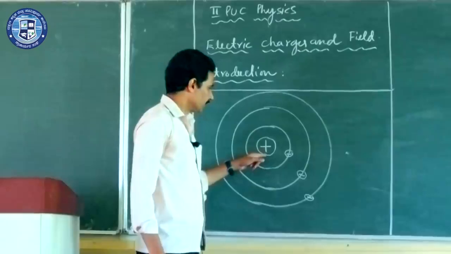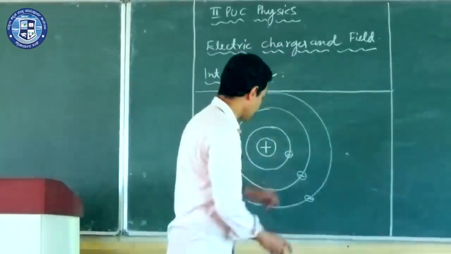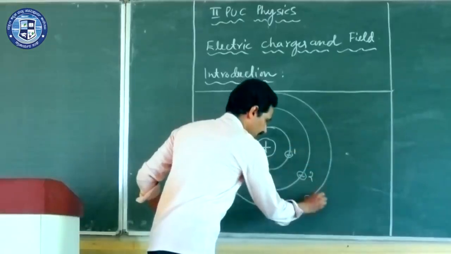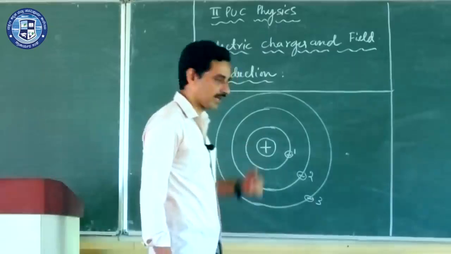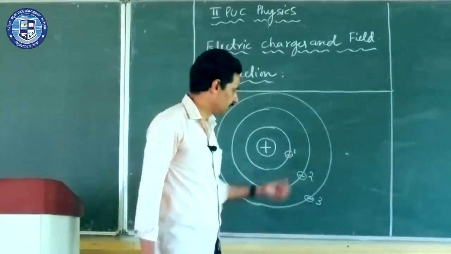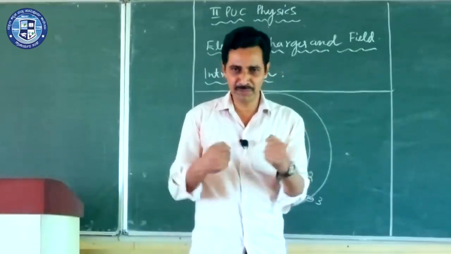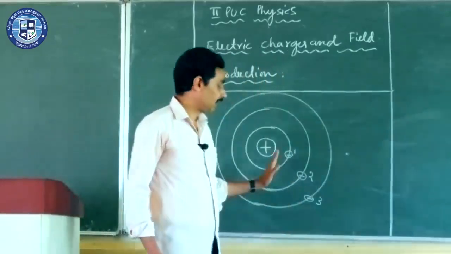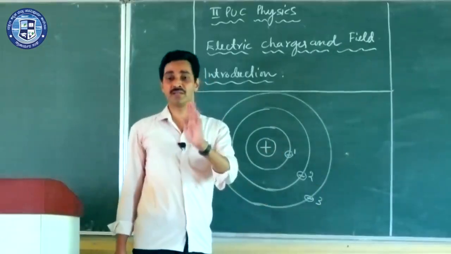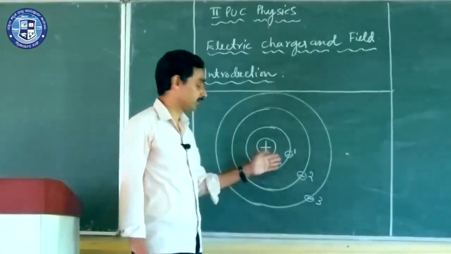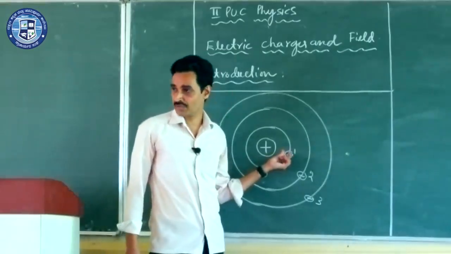Now, you ask these electrons. I will name the electrons 1, 2, 3 like this. Ask electron 1, "Electron 1, can you come outside? I want to have some work with you." Electron 1 doesn't come. "Oh, no, I can't come. Because I am tightly bound to the nucleus, and I am very busy. And if you want me to come out, you must supply me a large amount of energy, and a small amount of energy is not enough." So it's very difficult to remove an electron which is in the innermost orbit, and it